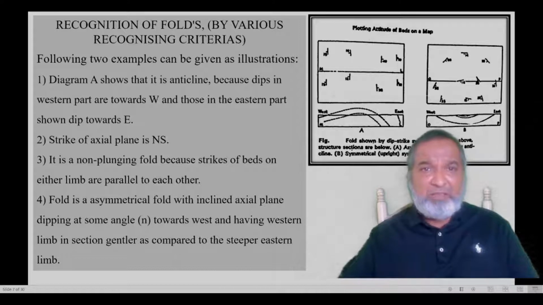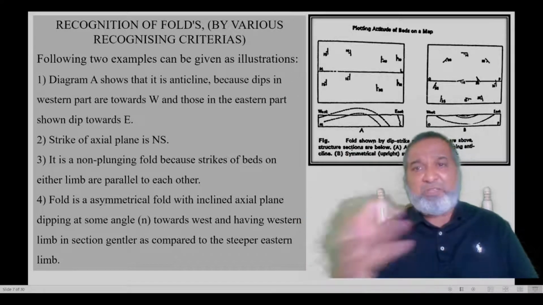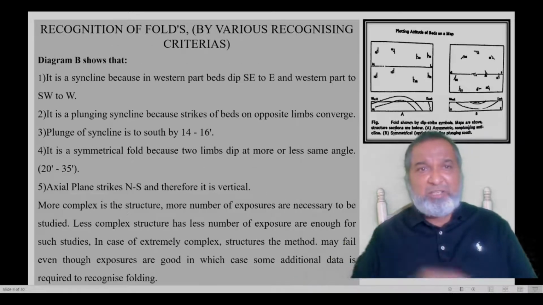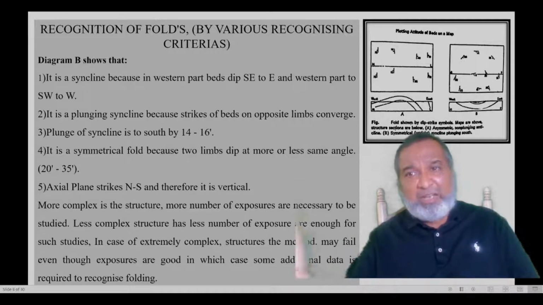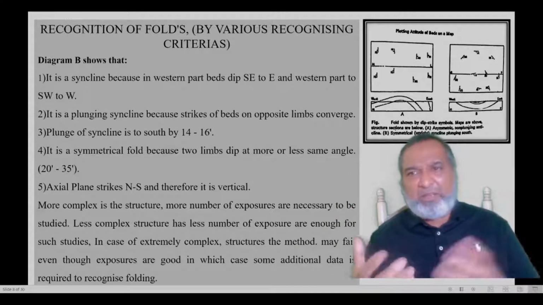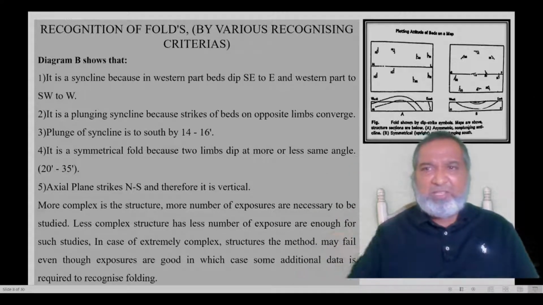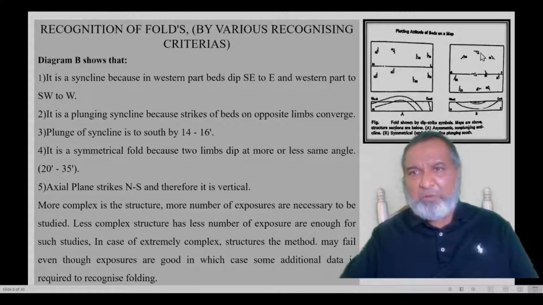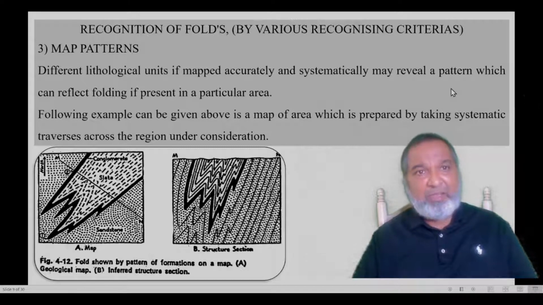Diagram A which we have there, that will be shown as the anticline, and that will be the syncline. So the observations which are there have been mentioned here specially. Similarly, the diagram B, that is given. So the detailed thing will not be so required. So wherever the sloping will be there, that has been mentioned properly.